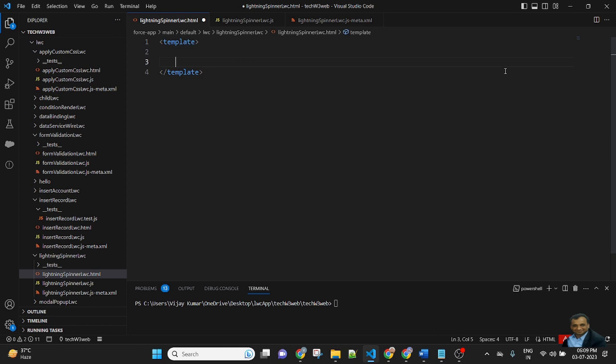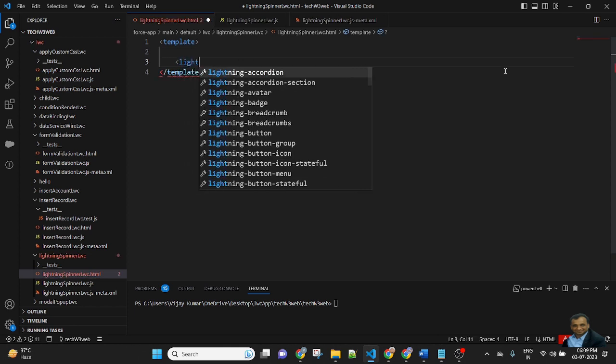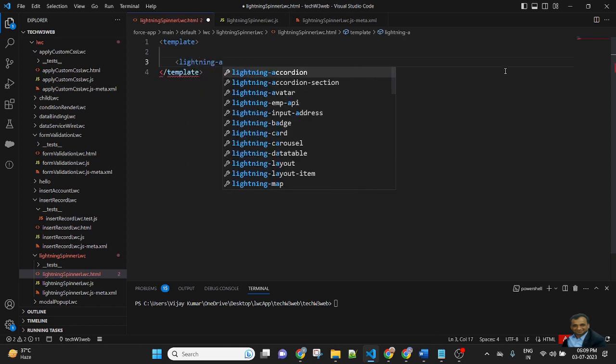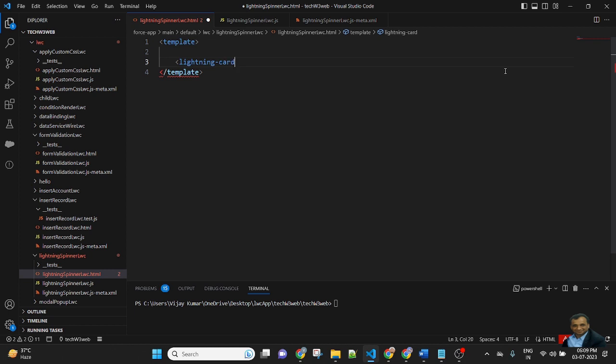In the HTML file, I will create a lightning card. Title: lightning spinner. Lightning spinner display on the LWC.